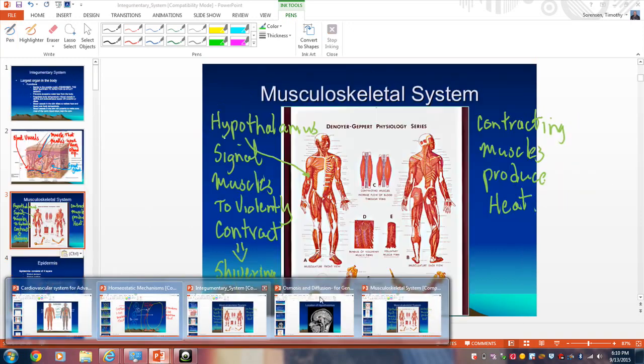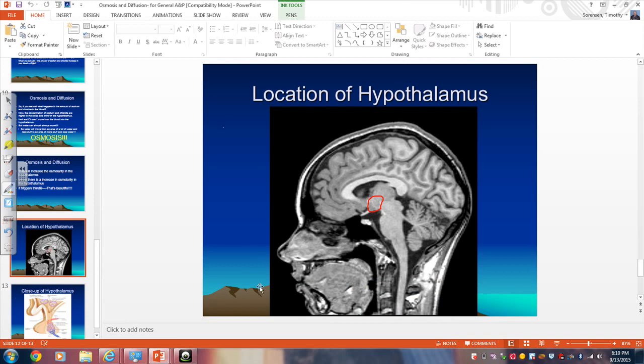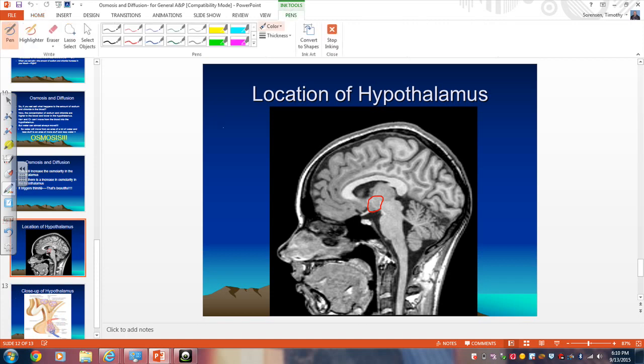The part of your brain that's involved in controlling homeostasis with respect to a lot of things is the hypothalamus. And the hypothalamus is located in a deep part of your brain. So it's a vital part. And many animals have a hypothalamus. They have to maintain homeostasis too. So the things that the hypothalamus controls are